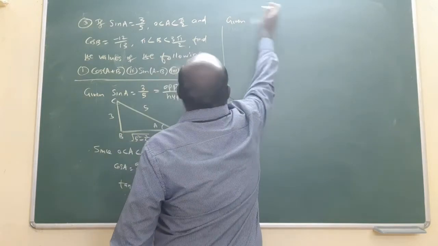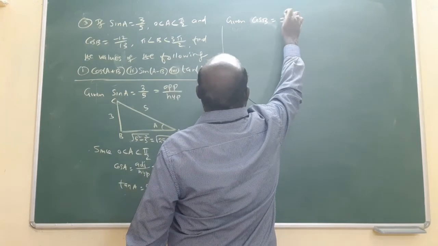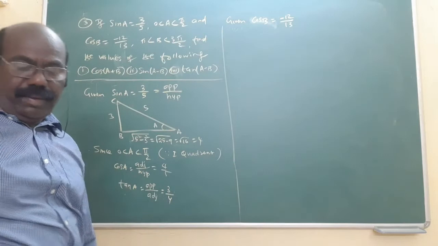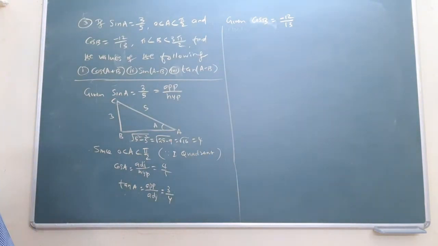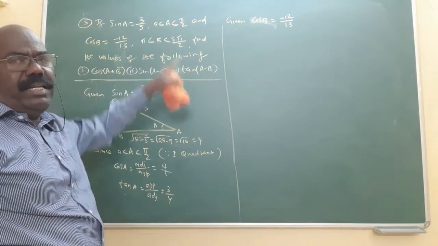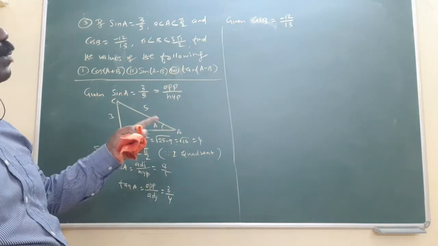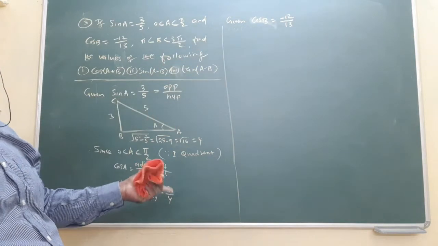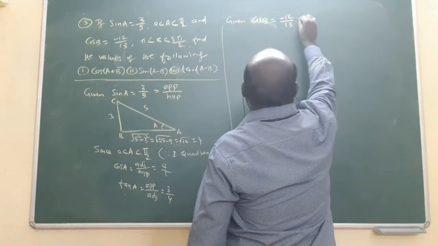Cos B, sorry, cos B equals minus 12 by 13. Am I right? In cos, what is the formula? Adjacent by hypotenuse. Cos B means adjacent by hypotenuse. Therefore, what I told you: 180 to 270 is there. That means third quadrant. In the third quadrant, tan only is positive. When we get the answer, you will get cos B negative only as given. You will find sin B also negative. Tan only positive. Now what is the formula? This is the formula for adjacent by hypotenuse.